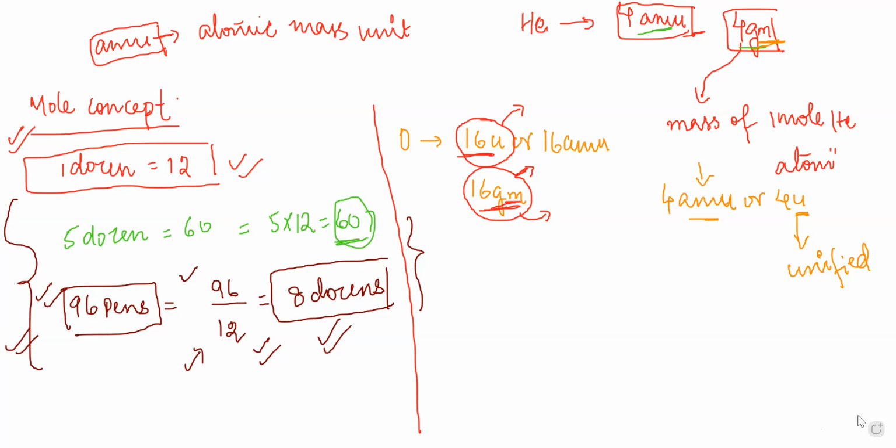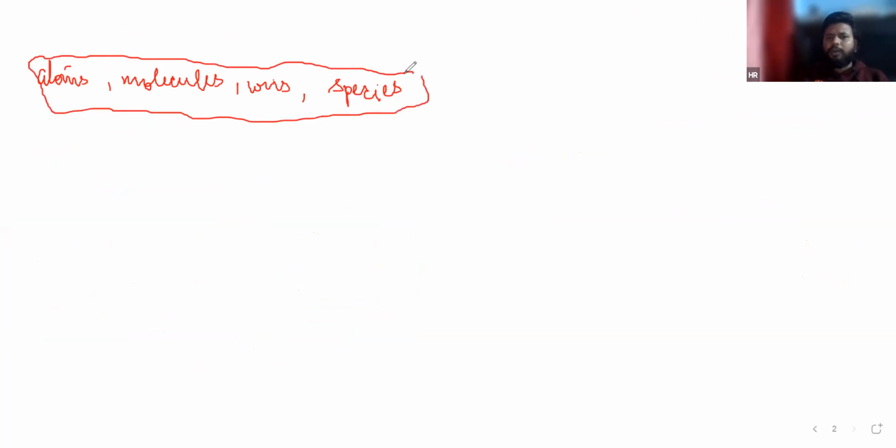Just see. If I'm talking about atoms, molecules, ions, or in short, any type of species, we know it's very, very small, so small that we cannot see it with our naked eyes. So what we do for the measurement of atoms in terms of number is